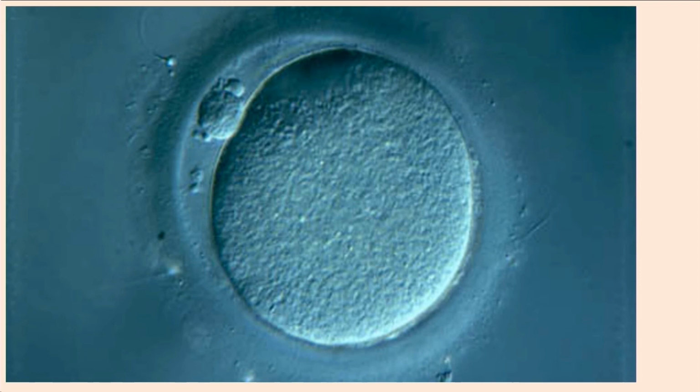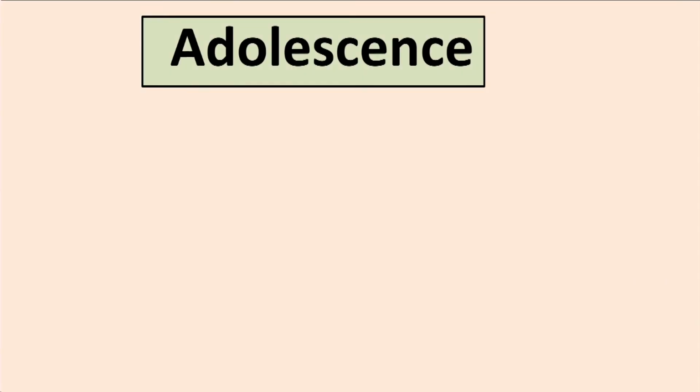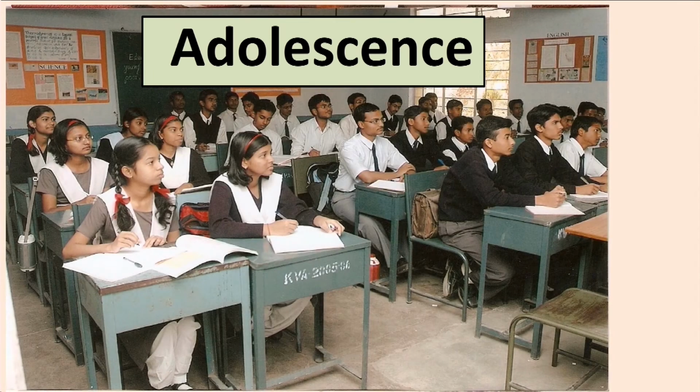This is the main sexual or reproductive property of organisms. You call this the primary character. For supporting this, you need several secondary sexual characters. Those secondary sexual characters are obtained during a stage called puberty, which you call adolescence. Adolescence is a stage wherein a child becomes an adult. This transition period is usually in high school children, so a lot of changes take place during this time.